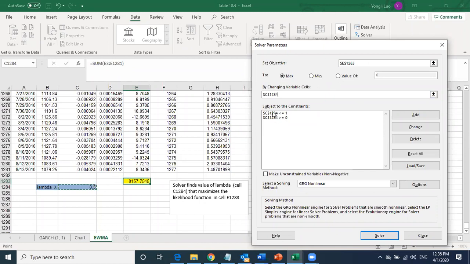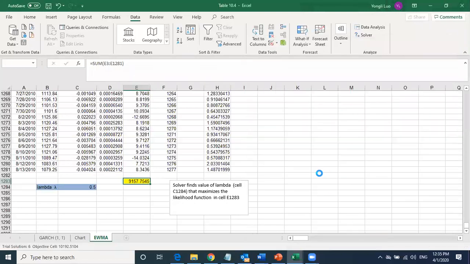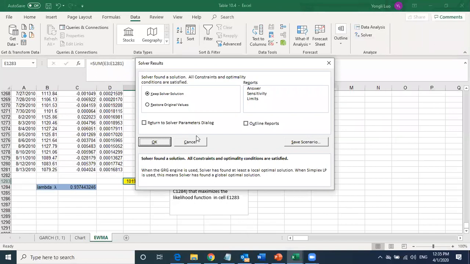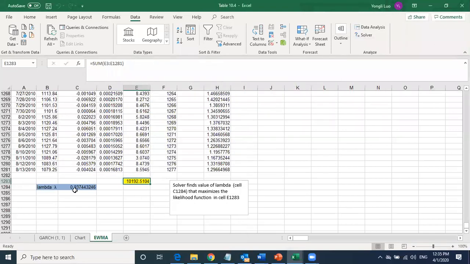Then you set the constraint: lambda has to be greater than 0 and less than 1. Then you click Solve, and click OK. So this is the lambda you estimate,